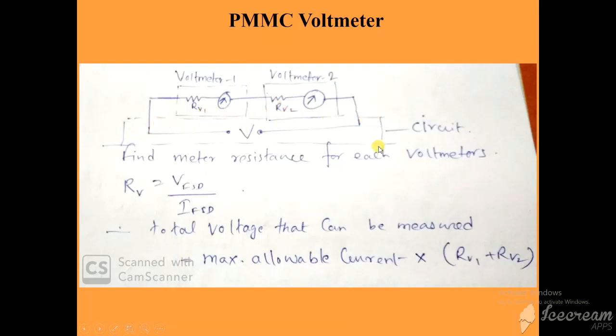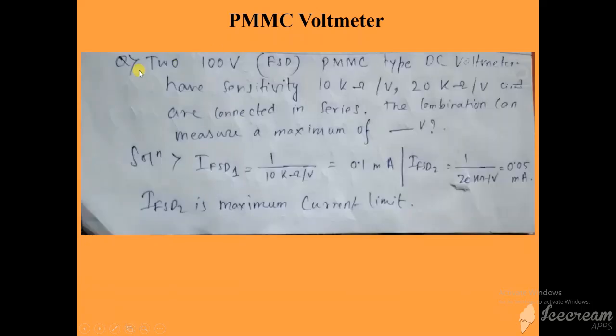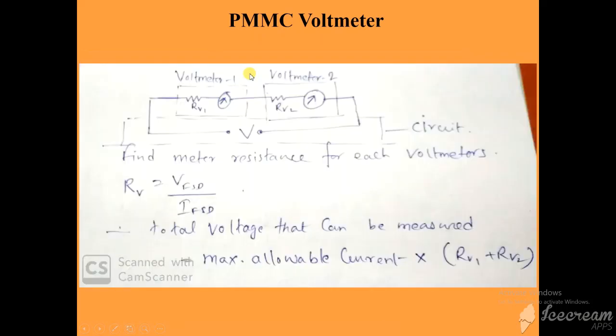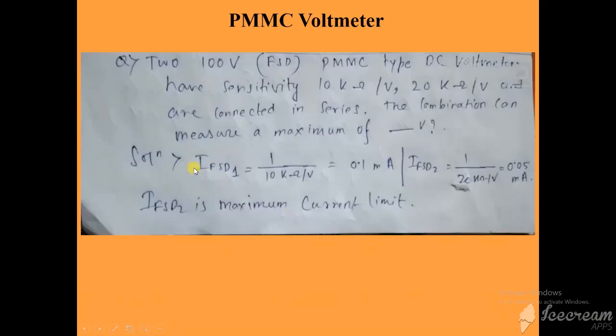And this is the circuit where it is connected in parallel. This combination is a voltmeter, right? These two terminals, suppose terminal A and terminal B, this combination will act as a voltmeter. If you connect it in shunt with some circuit, it will give the potential difference across those two points of the circuit, right? So for that we need the meter resistance. Again, this is Ohm's law, V is equal to I into R. The full scale deflection voltage is given as 100 volt, and the full scale deflection current, IFSD, we just found, right?